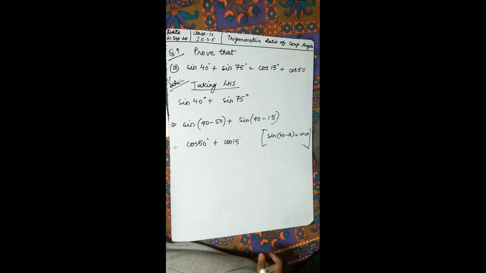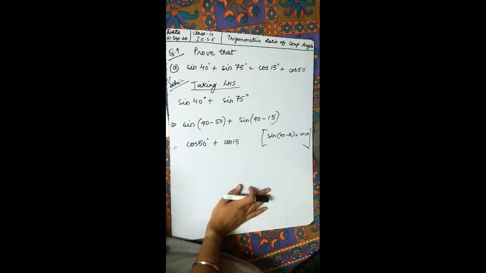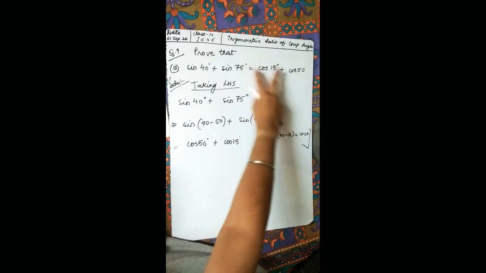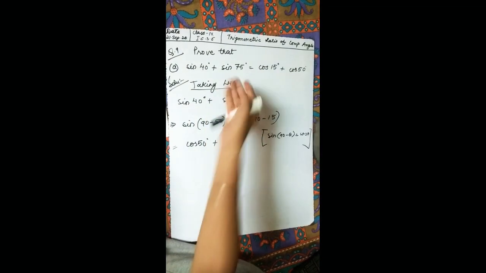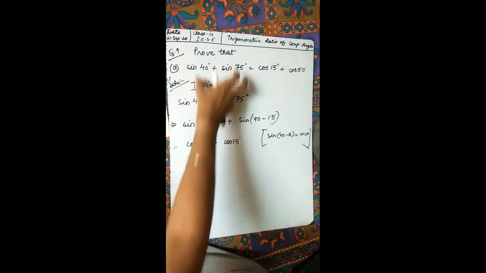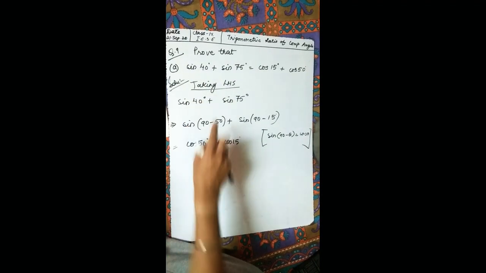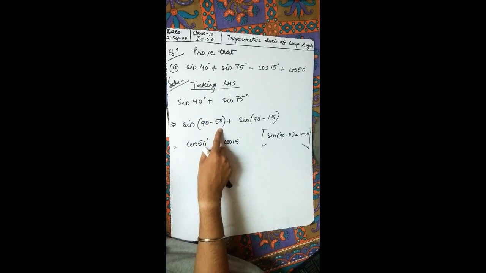Okay, now let us come to the 9th question on establishing the equalities. So first one, they are very, very easy questions, because as we have already seen in the previous questions regarding the conversions, so we need to prove that sine 40 degree plus sine 75 degree equal to cos 15 degree plus cos 50 degree. Take the LHS, or you can take RHS also, and you can prove. So we are taking LHS right now. Sine 40 plus sine 75. This 40 first, you convert this in terms of 90 minus, then you change it.